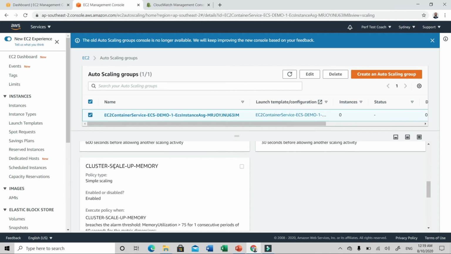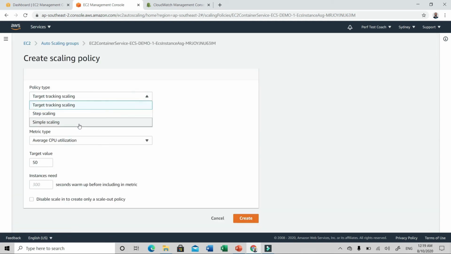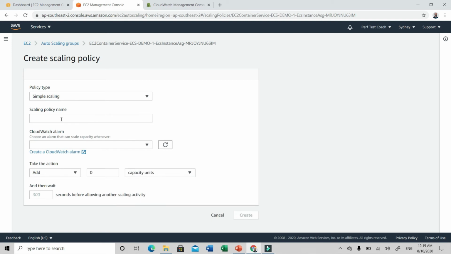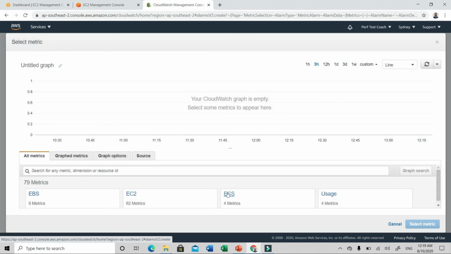Let us create a scale down alarm based on memory. Again, click on the add policy button, choose the simple scaling option, and let me name this policy something like cluster-scale-down-memory. And we don't have a scale down CloudWatch alarm yet, so let me create that. Click on select metric, click on ECS, click on cluster name.